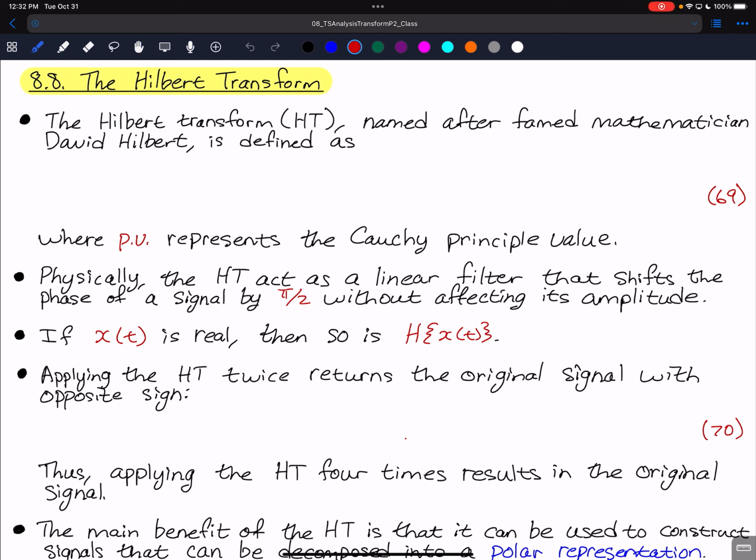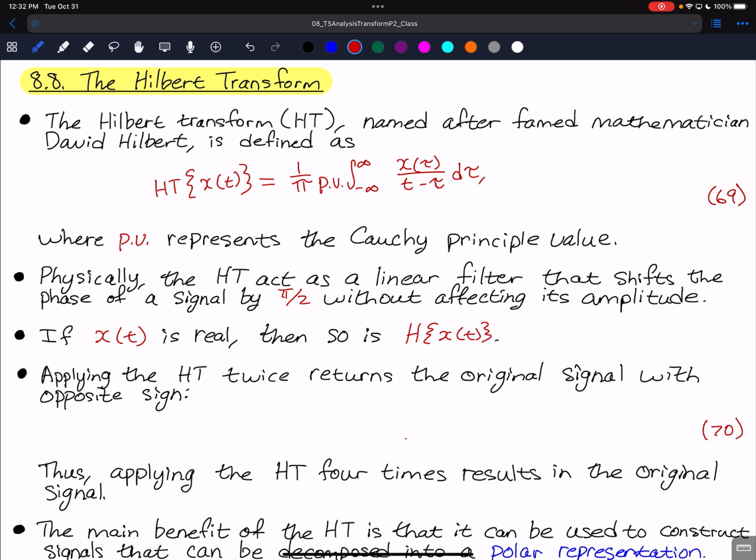In this equation, we're going to write it as H(t), and it's a transformation applied to some signal x(t), and it's equal to 1 over pi PV, the integral from minus infinity to infinity of x(tau) divided by t minus tau, d tau, where this PV stands for the Cauchy principal value,